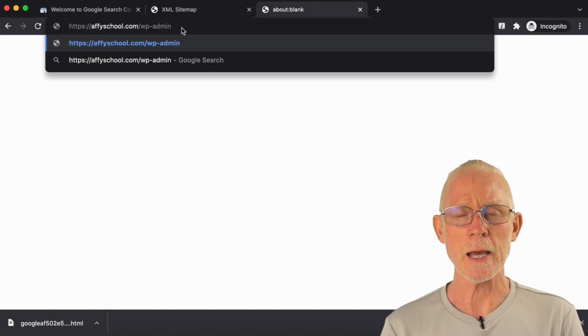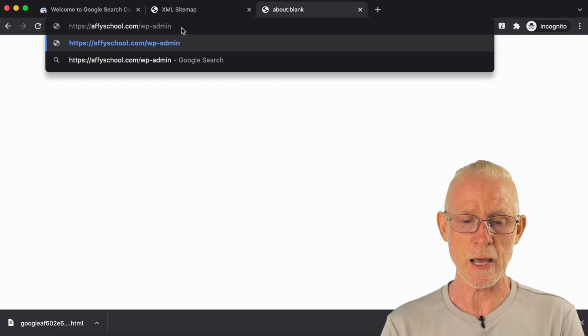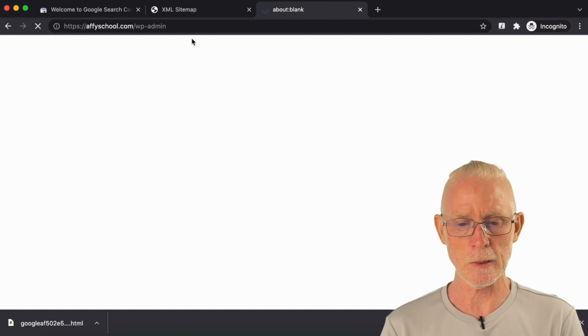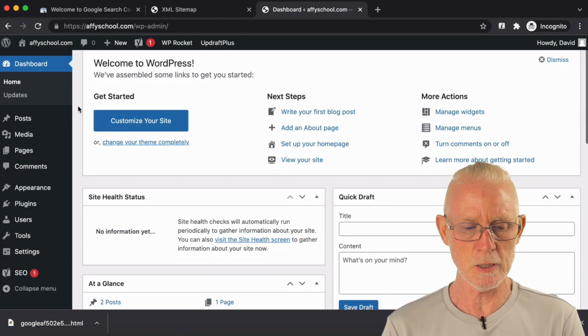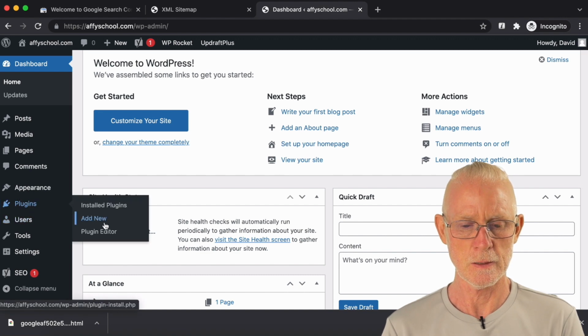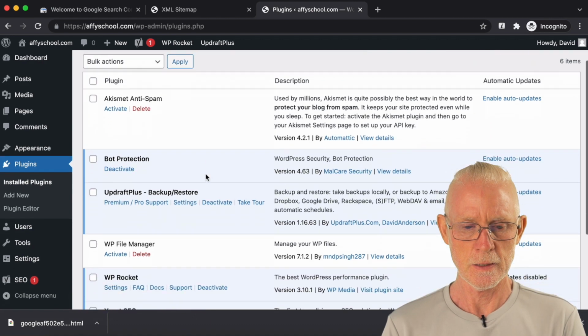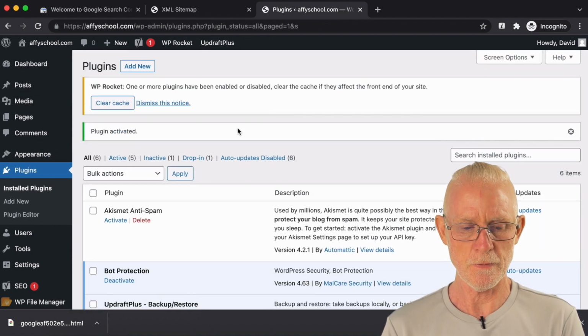Notice the URL, I haven't really pointed that out to you. That's how you get into your admin, wp-admin. That's your direct link in there. And if you're not logged in, it will ask you to log in again. I should be still logged in. Okay, so I'm going to go to my file manager. After I've activated it again, file manager activate, and now I'm going to go into my file manager